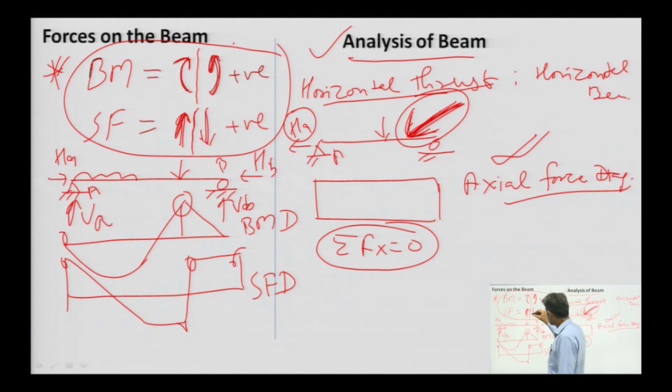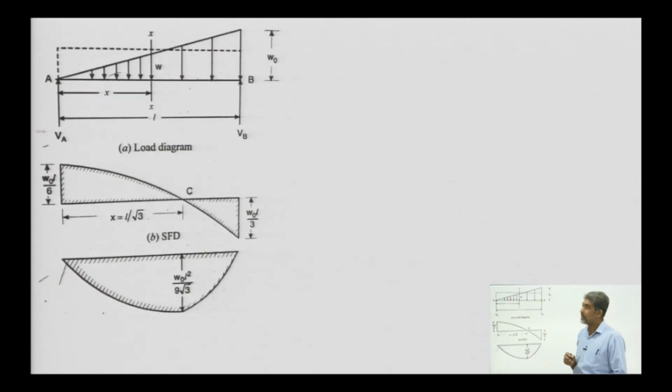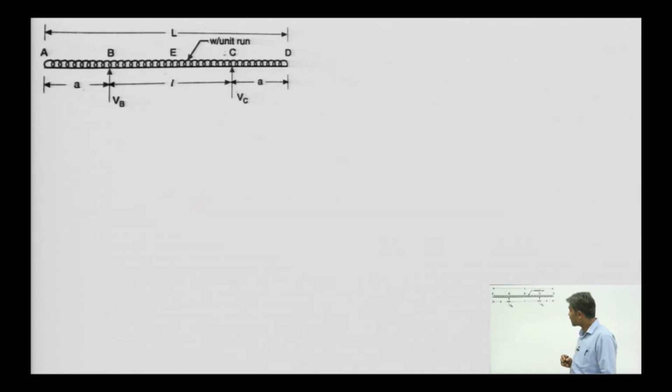It does not mean that downward force will be taken as negative. It depends upon whether it is on the right side or left side. If it is on the left side, take upward force as positive, but for the right side, the downward force will be taken as positive. And clockwise moment for the left hand side will be taken positive, for the right hand side it will be negative. So, that is the sign convention we will use in plotting the BMD and shear force diagrams.